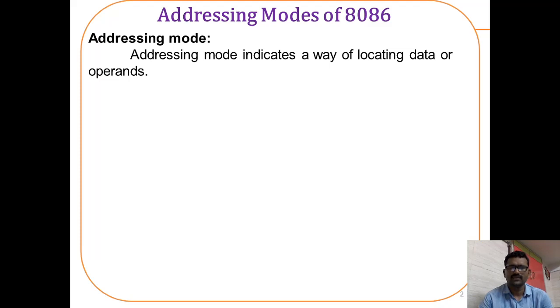Addressing mode is nothing but indicating a way of locating data or operands. So in 8086, in a computer or microprocessor system, the microprocessor can access data from registers, or immediate data, or from memory, or from IO ports, anywhere. So we have to locate where the data is